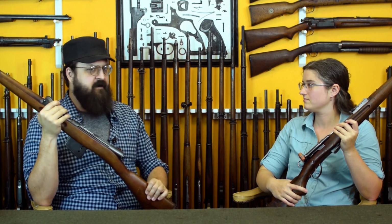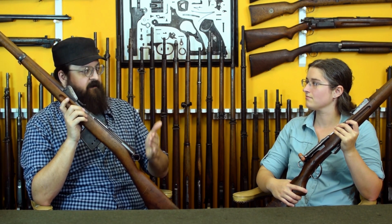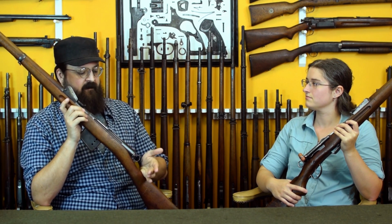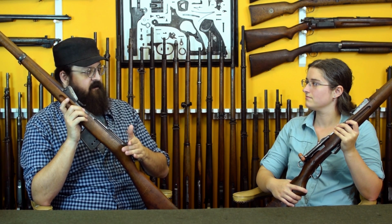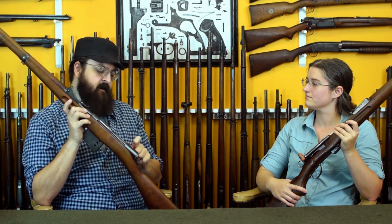Now, I want to make this very clear before we go any further, just because there's always confusion on this point. The 89, we called it a black powder rifle. Right. It was always smokeless. The 89 from its adoption was a smokeless powder rifle in service. The problem is, right up until its adoption, it was being trialed as a compressed black powder small bore rifle. Right. So it was very high tech, but still black powder, which is why you saw